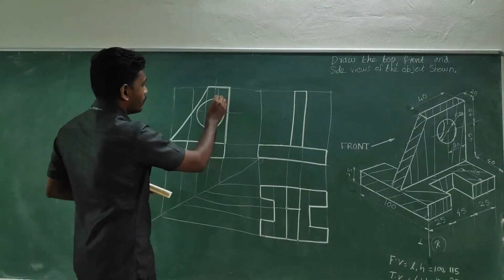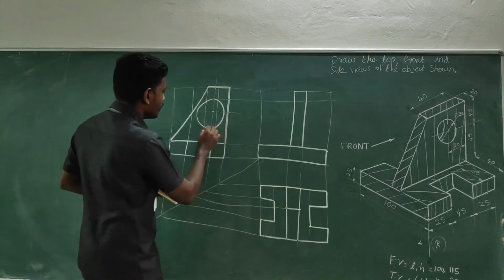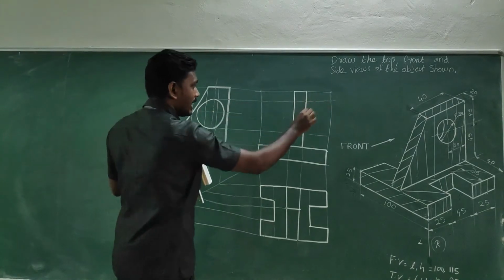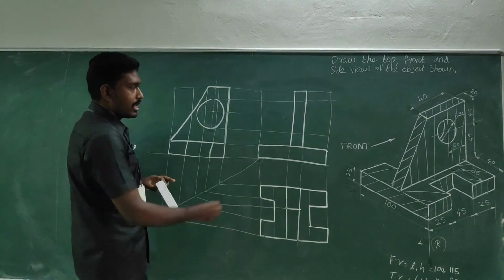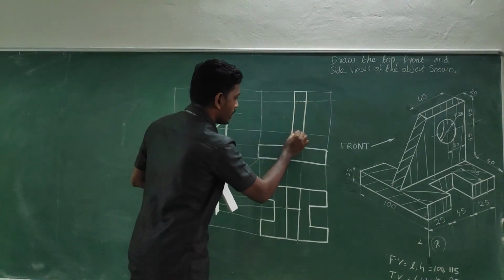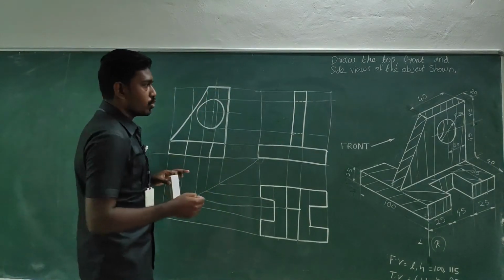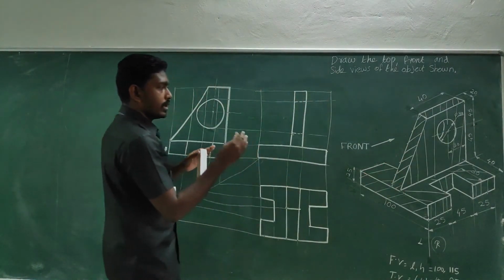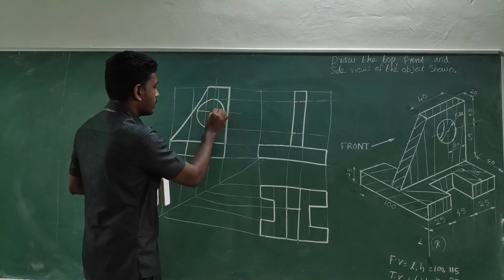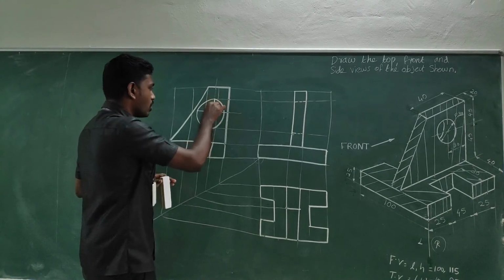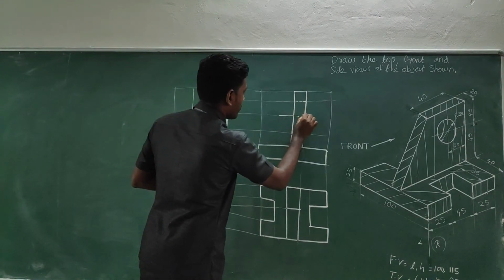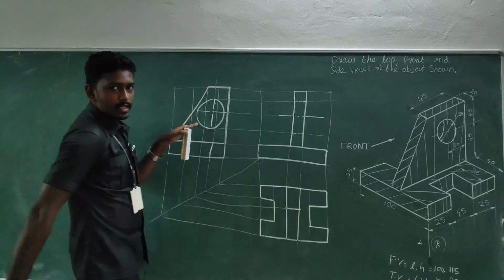So from this reference we can do it for the front view. Just have a projector from the top ends and get a horizontal line, so that we will get a projector like this, and it's a hidden one. So what we have to do is just go for a dot line, go for a dot line. It's a through hole, okay? It's covering the entire wall. Since it is a circular hole, we have to show the axis. That means long line dot. So here we can take it like this, long line dot, from the reference of the side view, right?